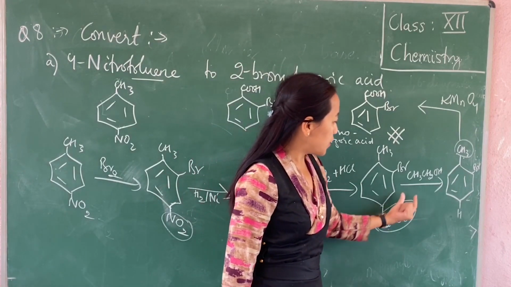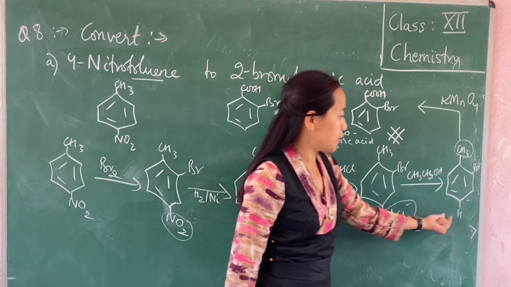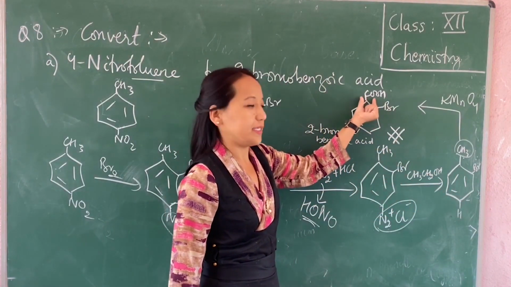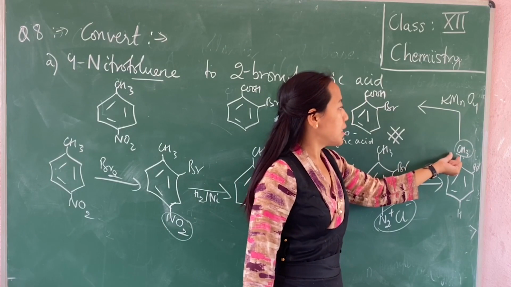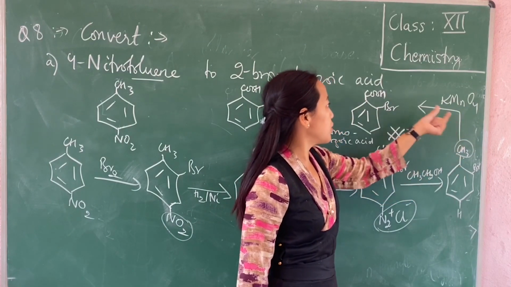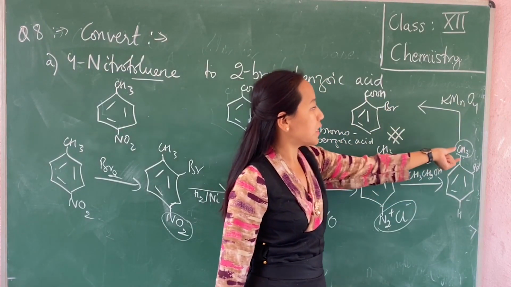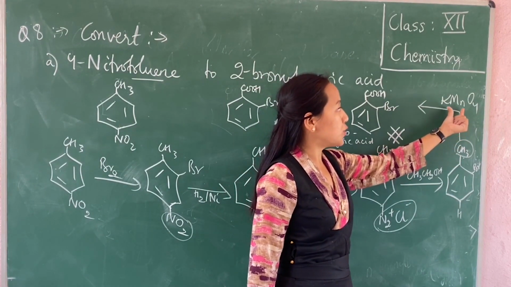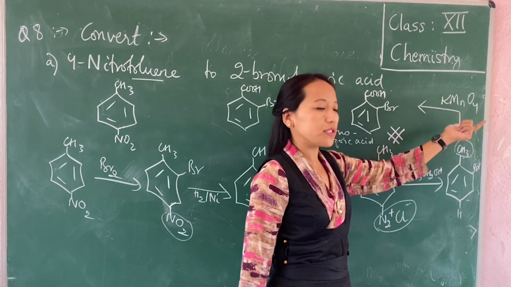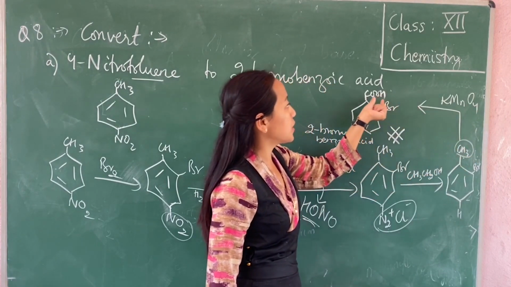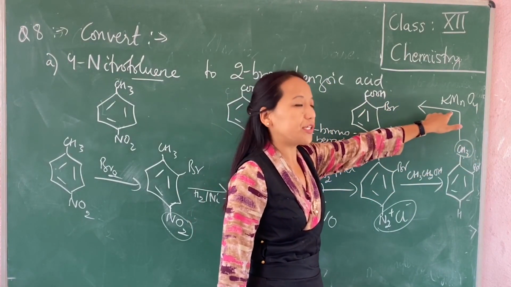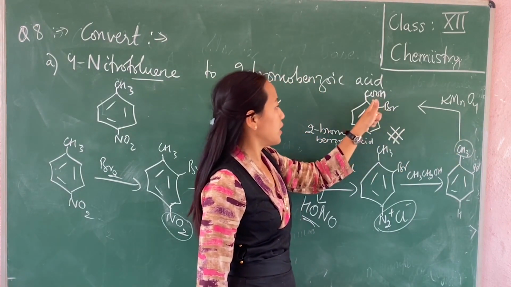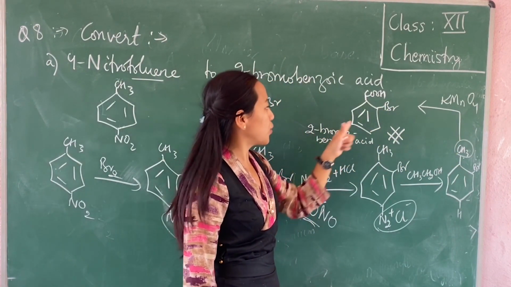Now once you replace this group with a hydrogen atom, your actual product is benzoic acid, not CH3. So to convert CH3 to COOH, you have to oxidize this with the help of an oxidizing agent. So you need to use a strong oxidizing agent to convert CH3 to COOH. In this case, I have taken KMnO4, which oxidizes CH3 to COOH, and you get your product, that is